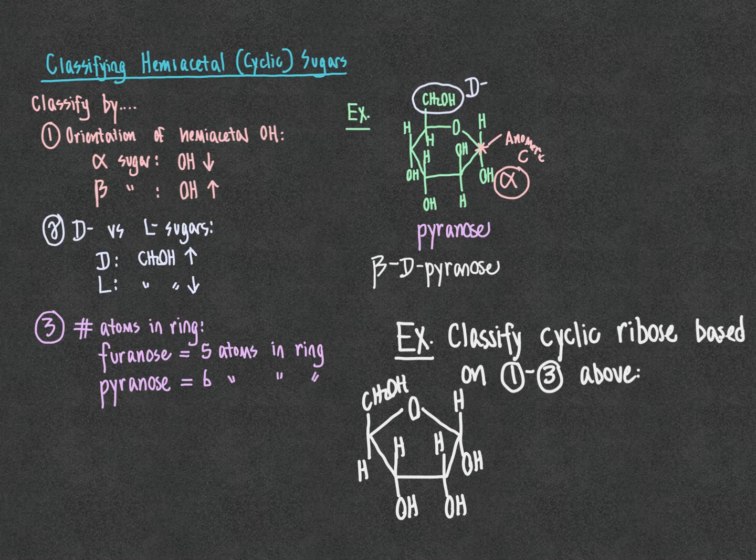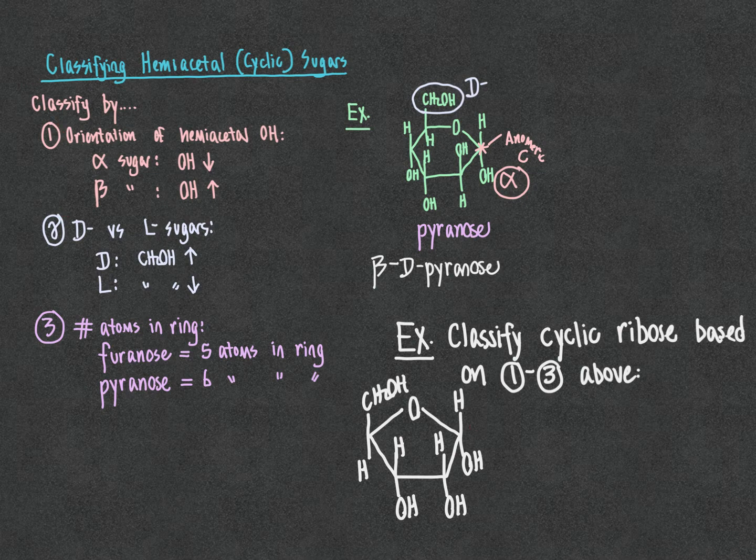Now let's take a look at this example problem. What I've drawn is a cyclic form of ribose shown here, and we're going to classify this cyclic ribose based on criteria 1 through 3 above. Ribose is an important molecule because it is one of the components that make up nucleic acids, or make up our genetic material, DNA. So taking a look at ribose, classifying it based on the 3 criteria above, let's start